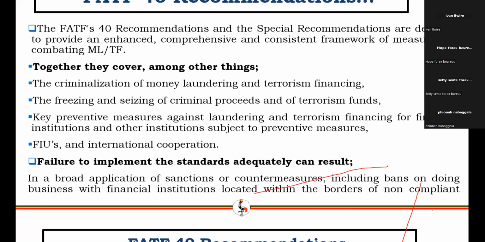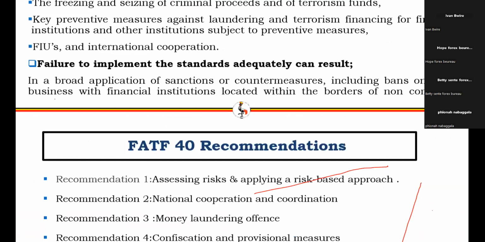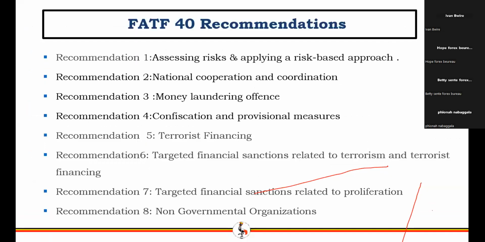So you'll see that the agenda driven by FATF mainly pertains to the prevention of money laundering and combating of terrorism financing by providing these 40 principles, of which we are supposed to adhere to each one of them. We might not go in depth because there are 40. As you hear in the title, 40 recommendations, but just to give you a hint of recommendation 1, it requires that every country has to assess the risks and apply the risk-based approach.